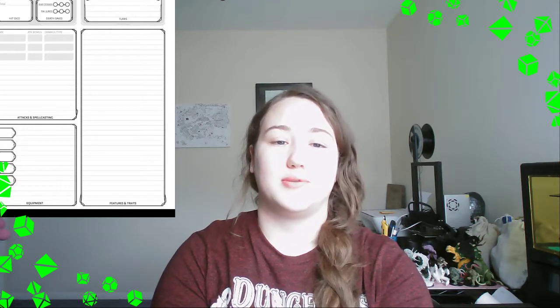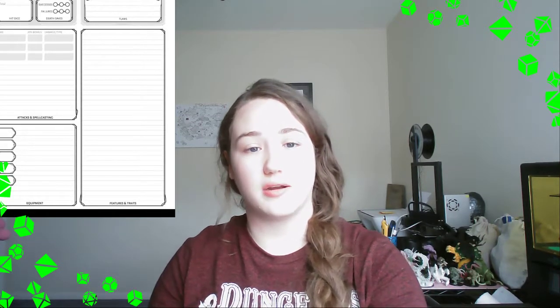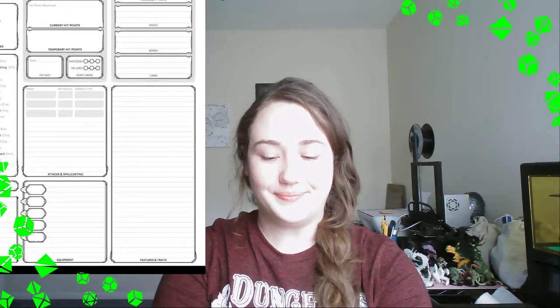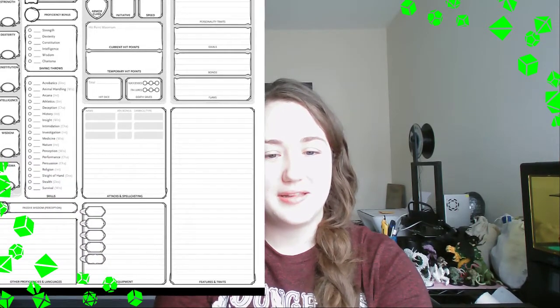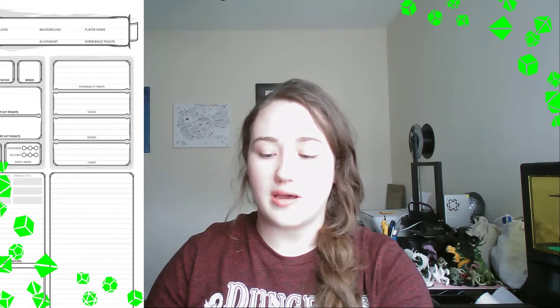This is where you'll mark down those benefits that you're getting from that race and the background. And that's pretty much it for that part.